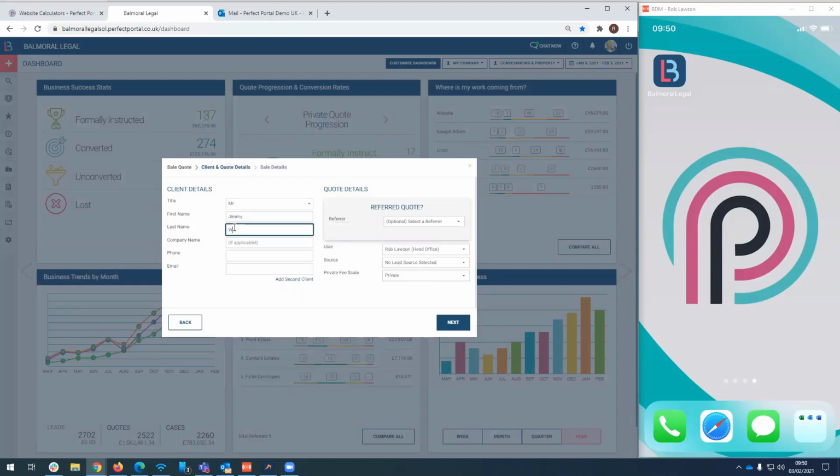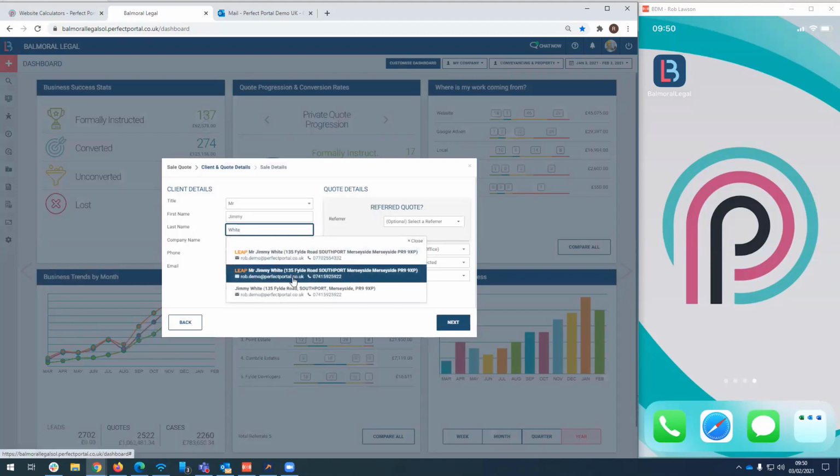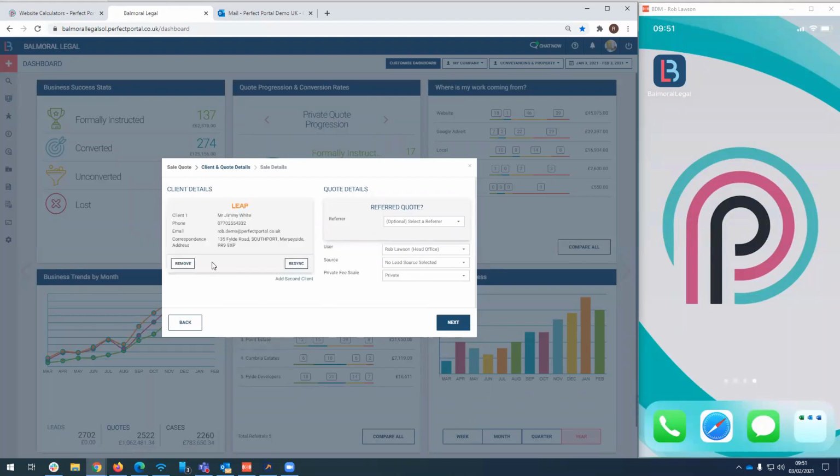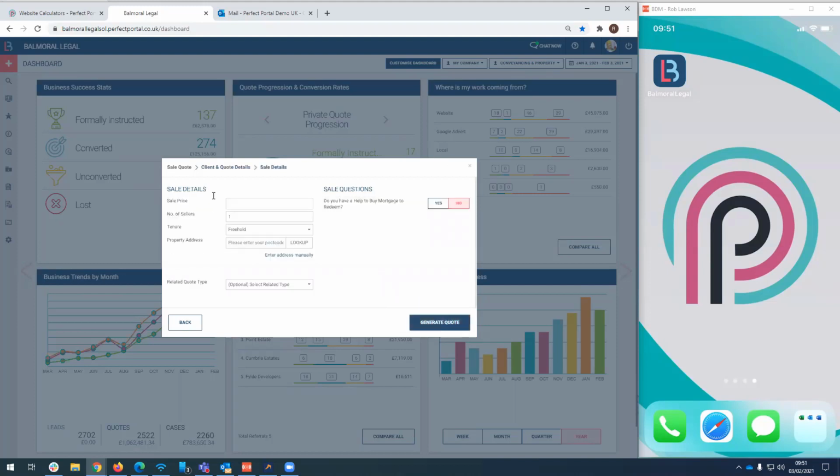You can see it's already doing a conflict check here with the case management system. We've acted for Jimmy White before, so I'm just going to bring Jimmy's details across here, and this is bringing a card from the case management system. If we've got a referrer who's referred this particular matter, we can bring that in here. Kevin Keegan at Easy Move, he sends me quite a few referrals through there,